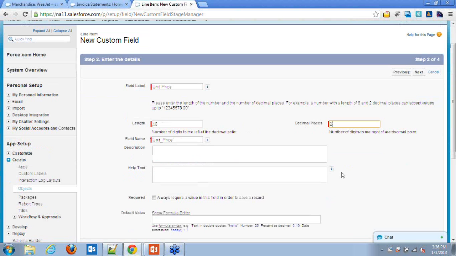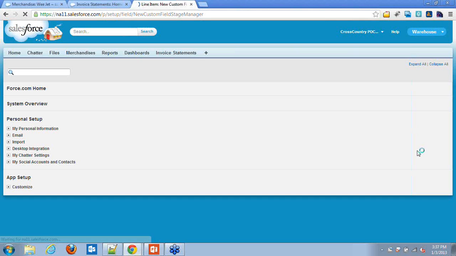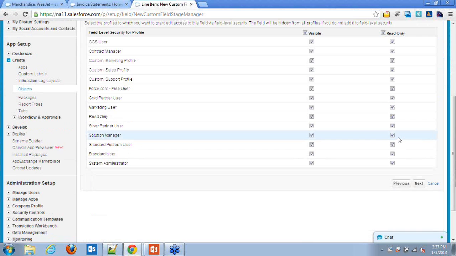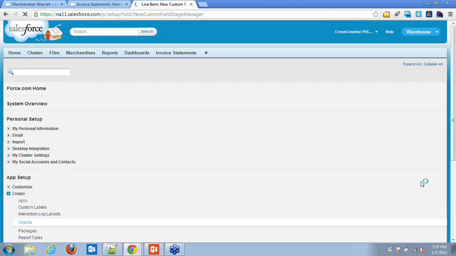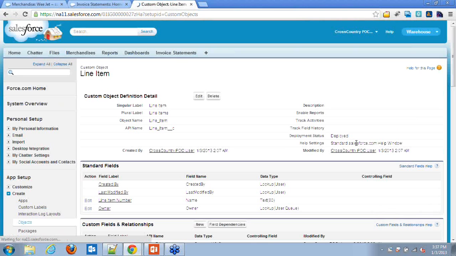The 2 decimals, so let's go to the next. The unit price should come from the actual product, so we are making it read only.